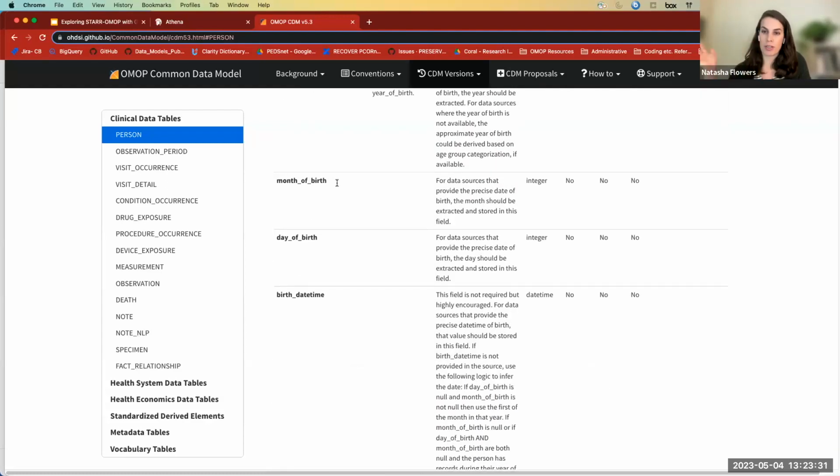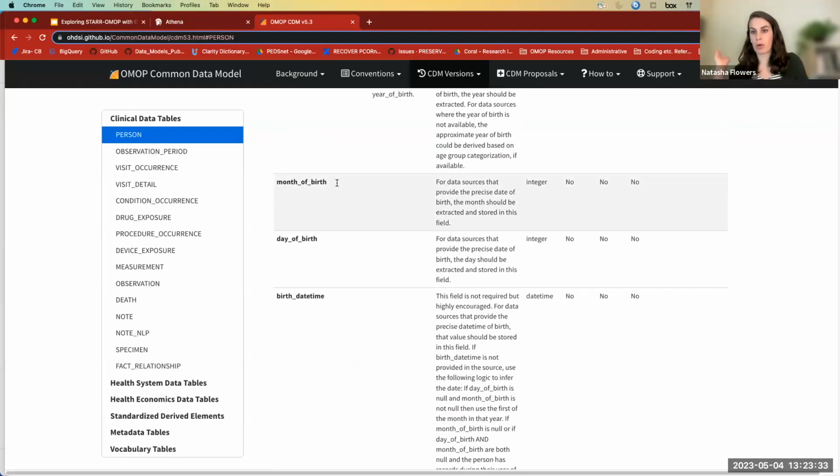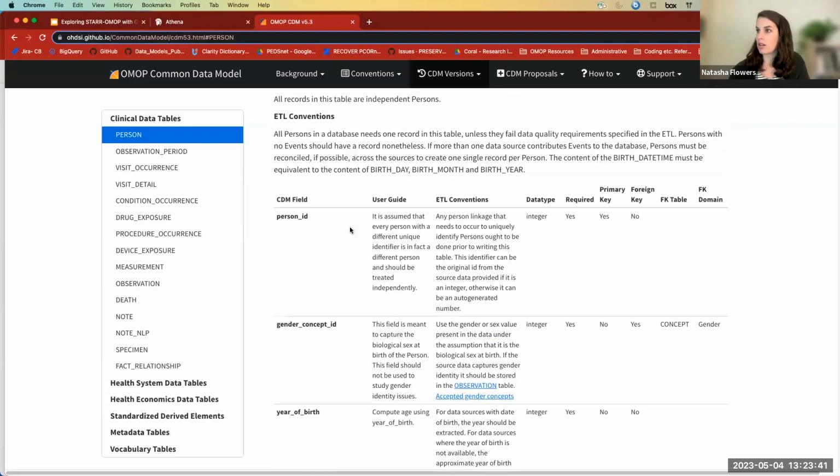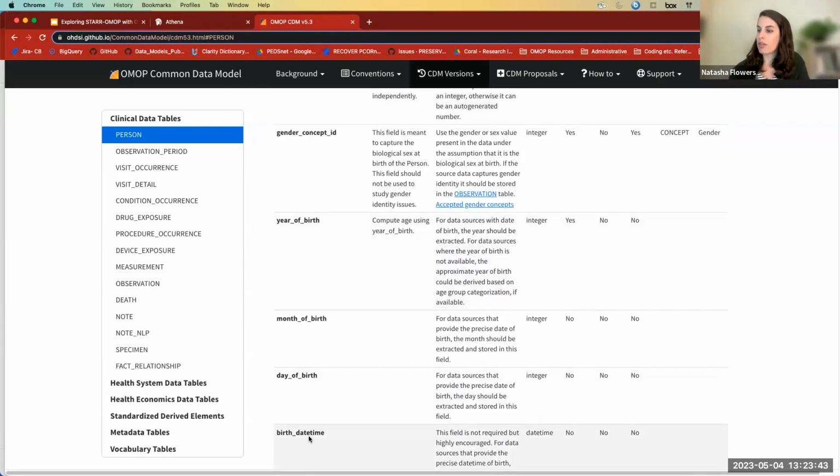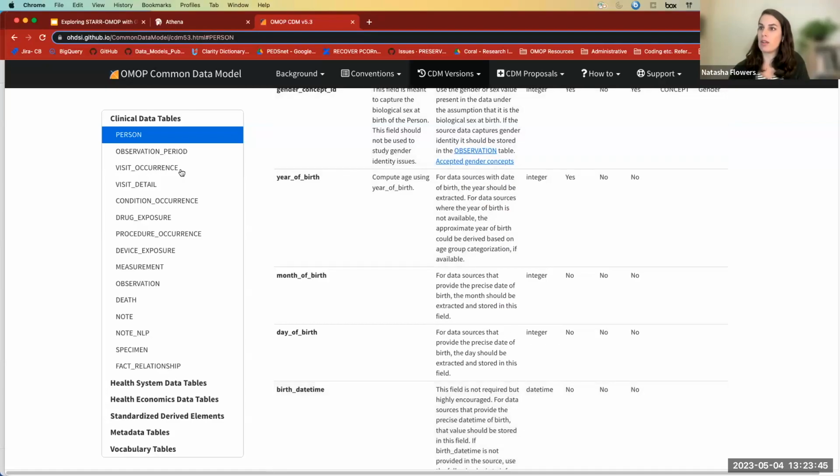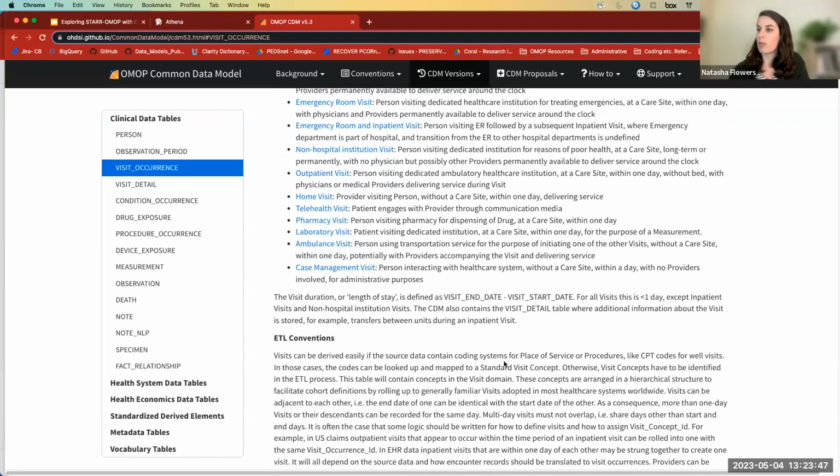Because this is for the person throughout their health history, right? So we're not going to have an age at last visit on the person table. That's not a property of the person. It's a property of the timing of the visit. So we want to pull the birth date time from the person table, and then from the visit occurrence table,